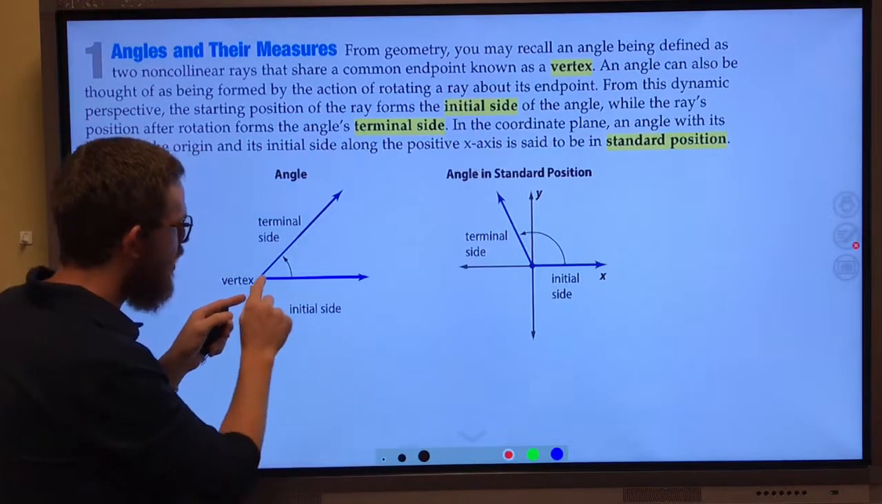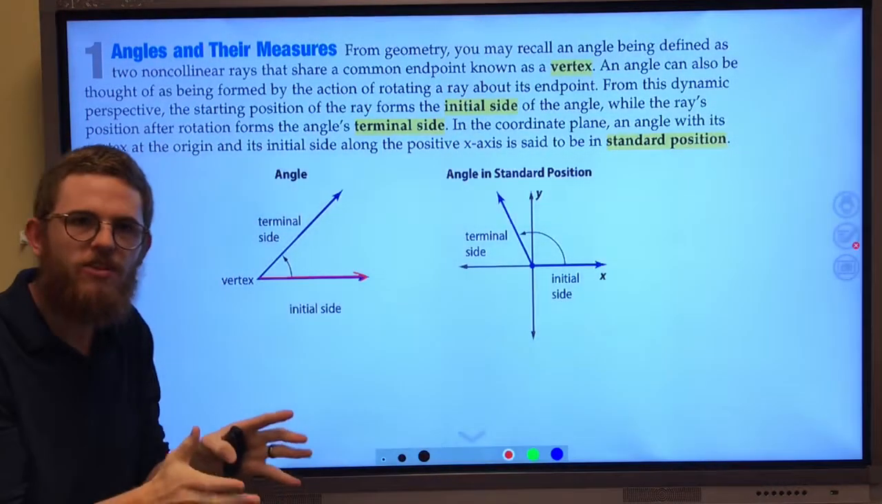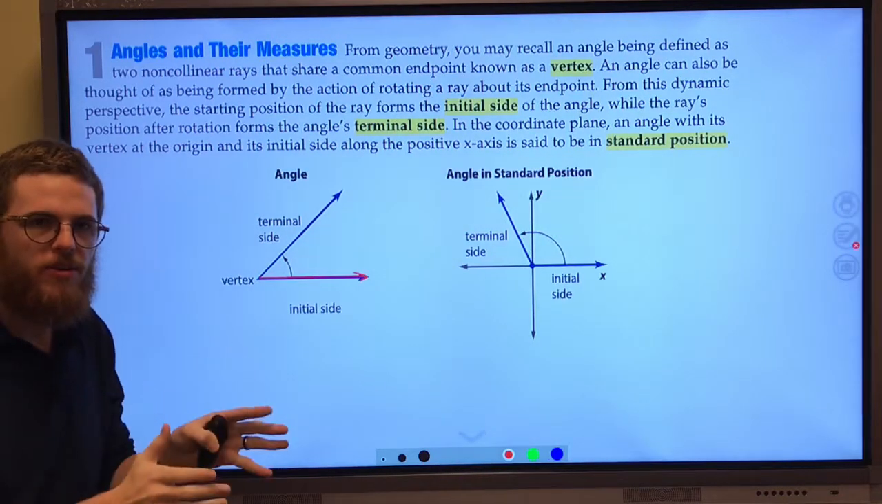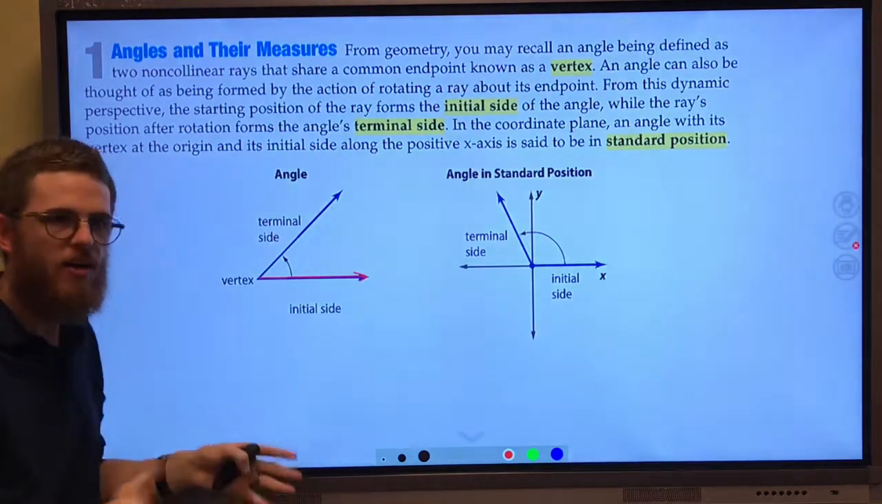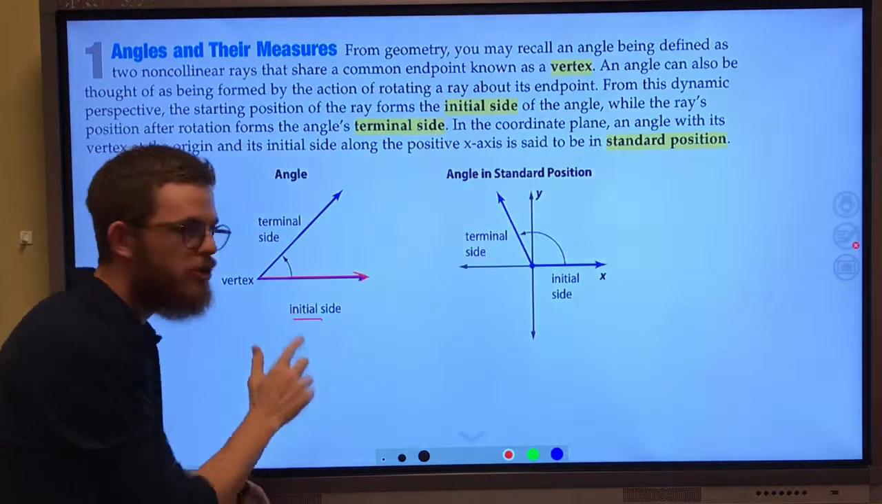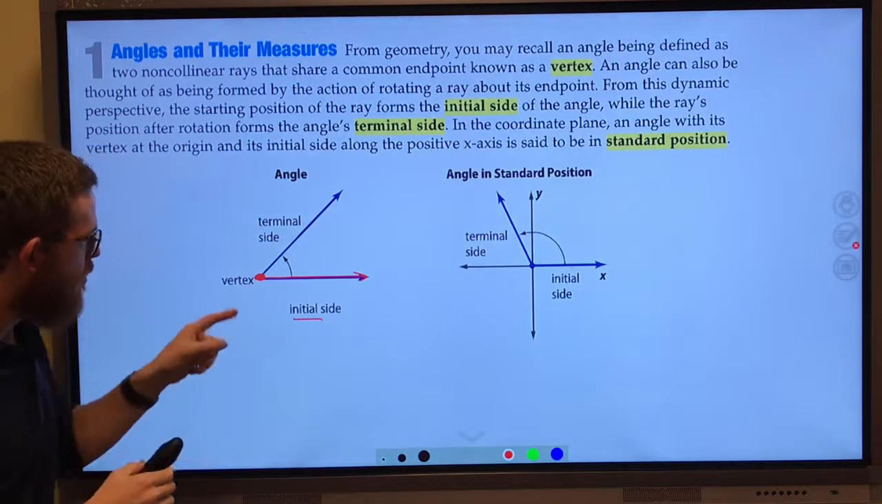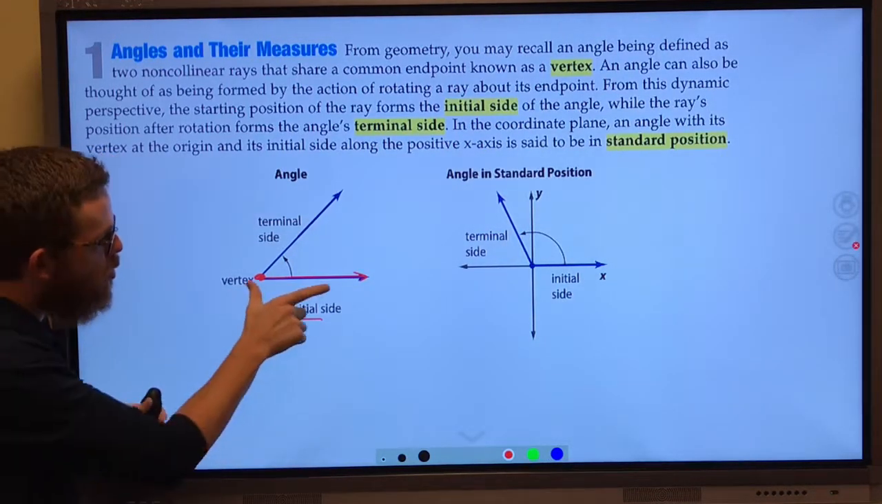Today what I want us to think about is, imagine one of those rays as just kind of a fixed ray. It's a fixed side of our angle, essentially. And we're going to call this the initial side. And imagine that other ray as being rotated